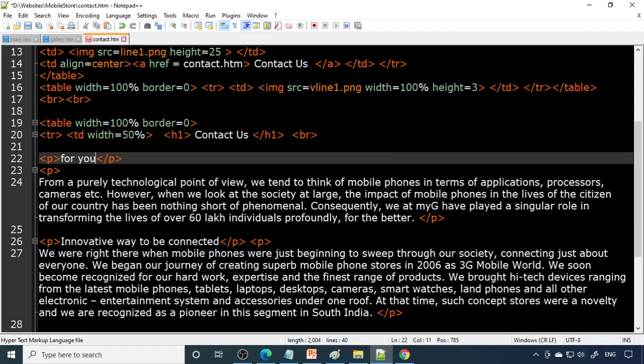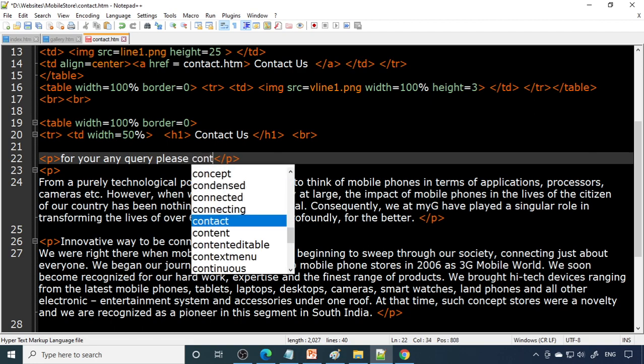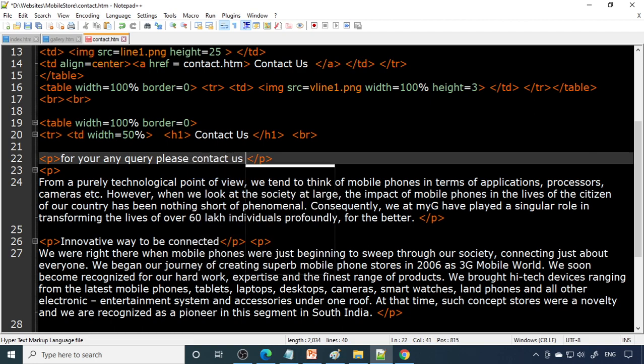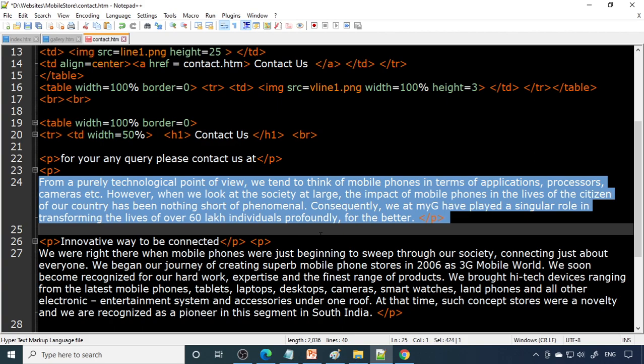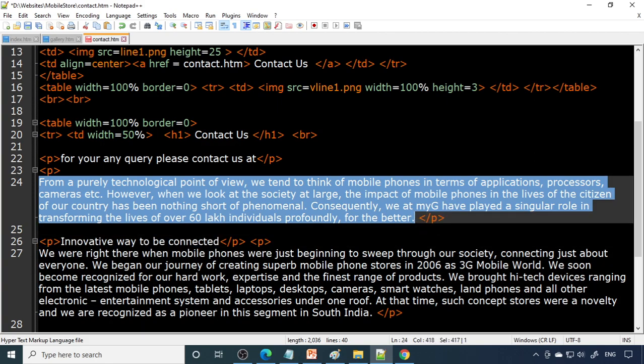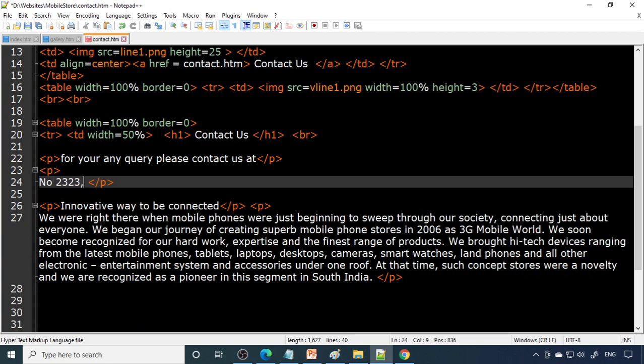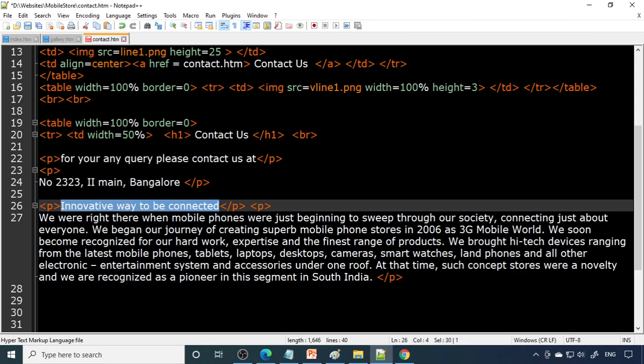For any query, please contact us at. So you can write the address here. I'll say number. So here you can write mobile numbers, phone numbers and all. So you can say mobiles.